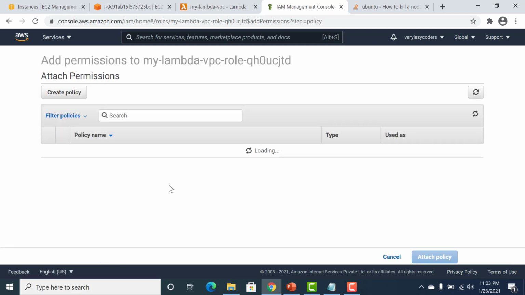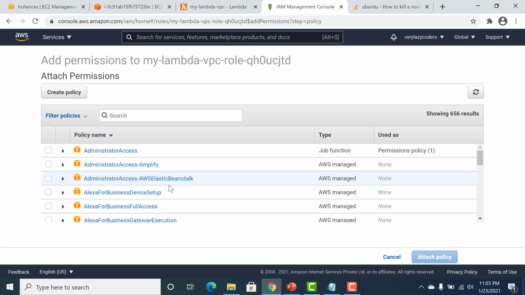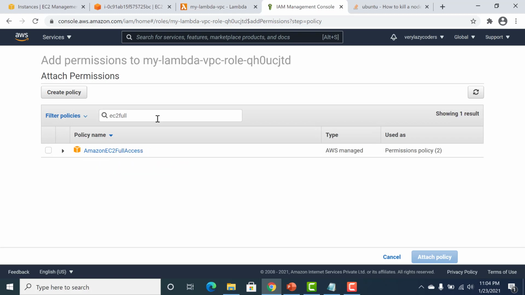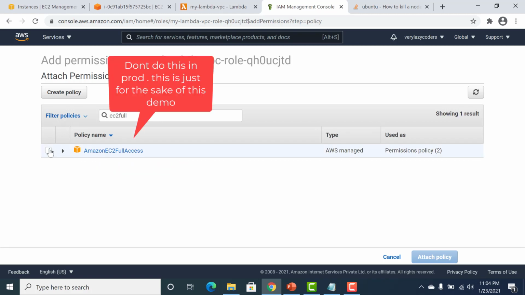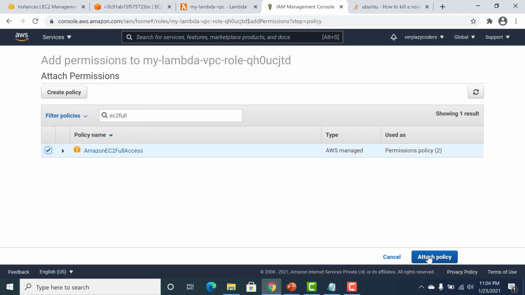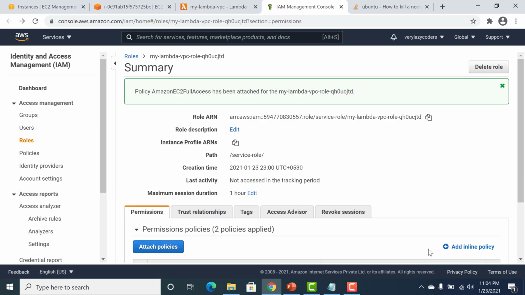This policy should make your Lambda able to create a network interface. For the sake of simplicity, I'll just give EC2 full access. This EC2 full access policy has permissions to create your network interface.